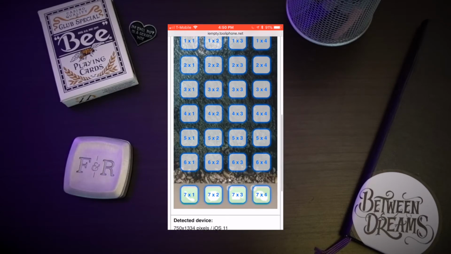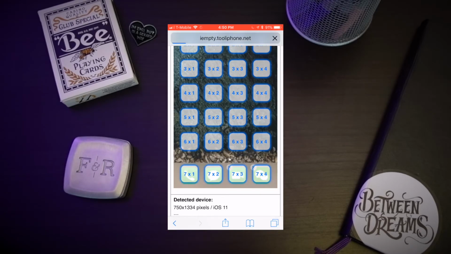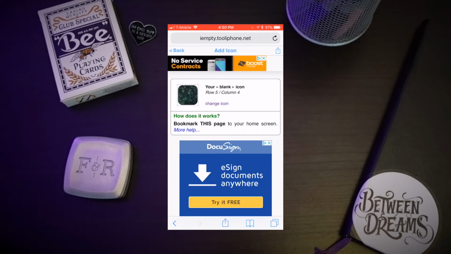So now here's how we get started. I always start from the bottom and work my way to the top. So if I want these 2 rows of icons to be blank, I'm going to start from 5 by 4. So once you tap that, it creates a blank icon. Now, the way it works is it's going to capture this little square right here. So if you tap the share icon,